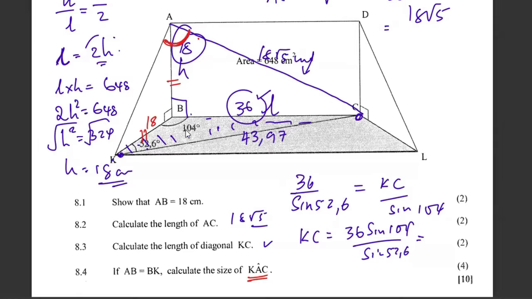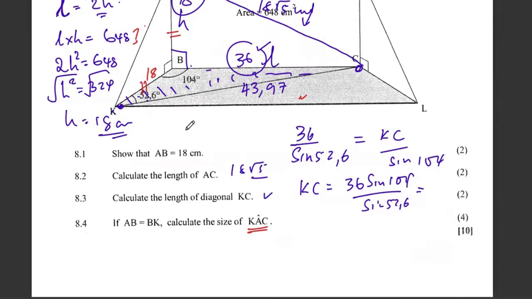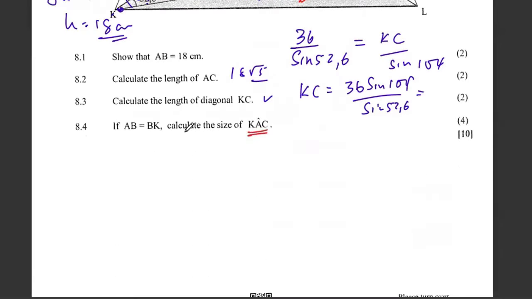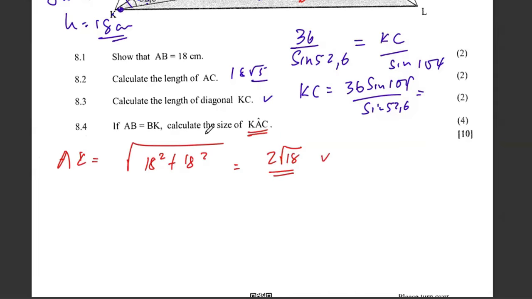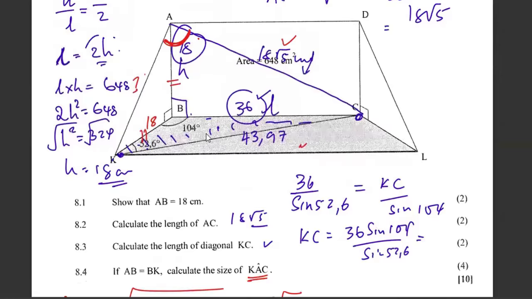So the only thing that is missing, we have these two sides. We can find this side so that we use the cosine rule. But for us to get this AK, we can use the theorem of Pythagoras and say that AK is going to be the square root of 18 squared plus 18 squared. Okay, that is 2 square root of 18. Then if I'm looking for the cos of A,